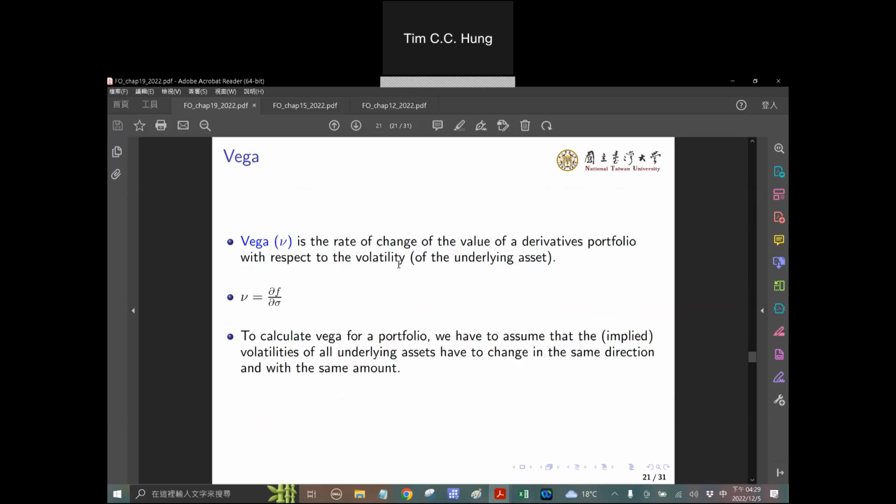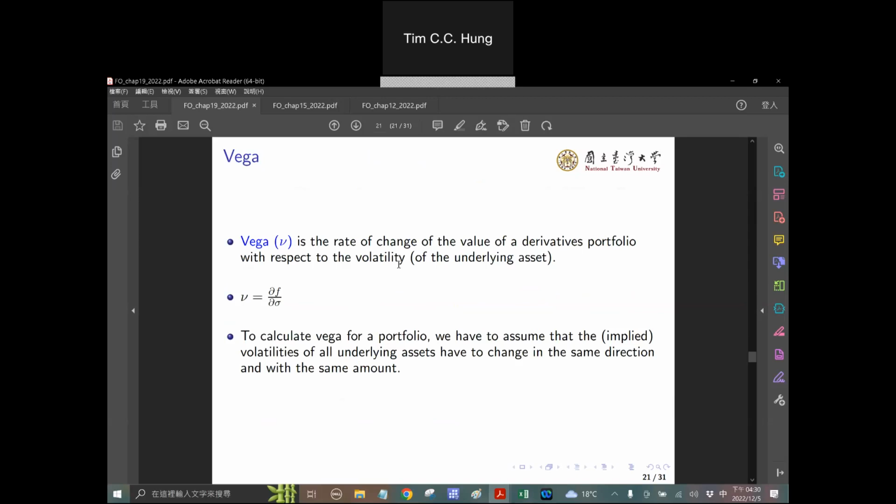So usually whenever people talk about Vega, they use the lowercase Greek letter mu as Vega. But there's nothing that is pronounced as Vega in the universe. Don't worry about it. So what is Vega? Vega is basically the partial derivative of